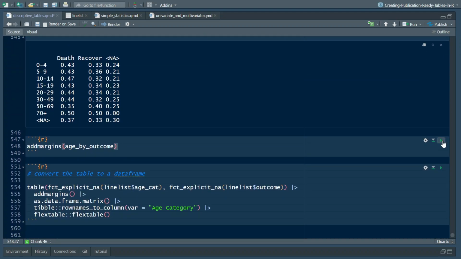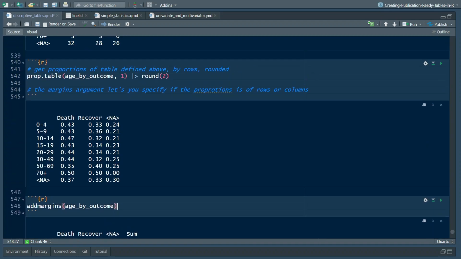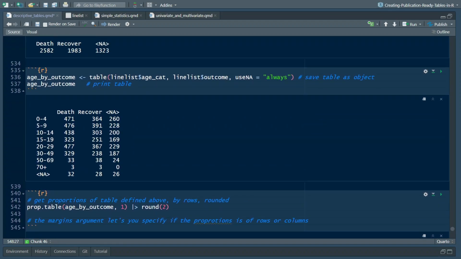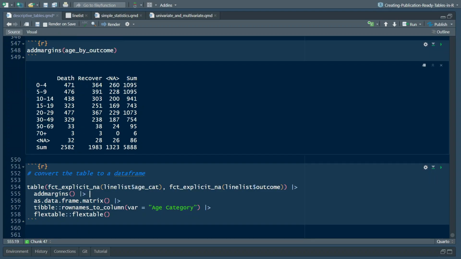So we have addmargins, age by outcome. We have already created the table. Age by outcome, this is the table that we created. If you want to add margins, it's going to add a sum for you. So it's going to sum both by rows and by columns. I want to convert it to a data frame. You just, after applying your table,